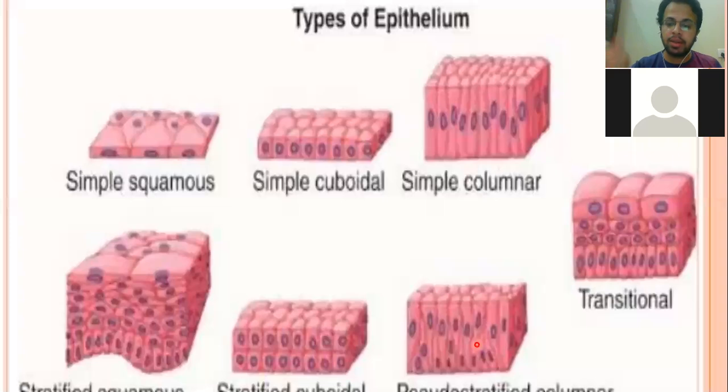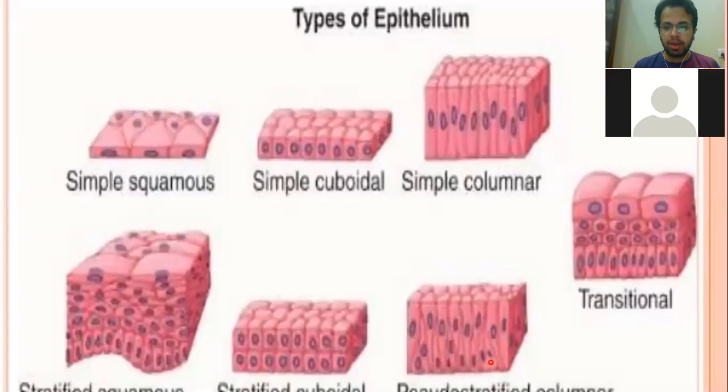Why does it look like a multiple layer epithelium? Because the nuclei present in these epithelial cells are present at different levels. For example, at this cell, it is present at that place; at this cell, it is present at this place.